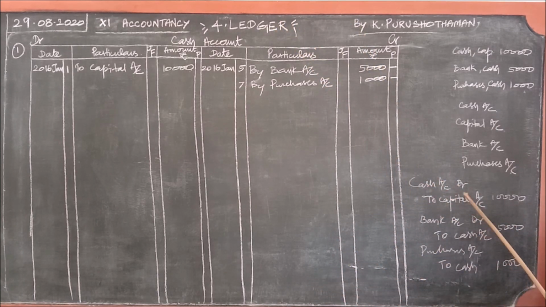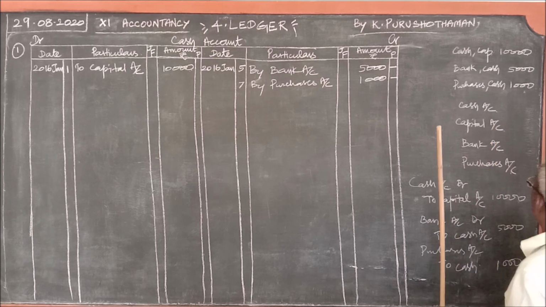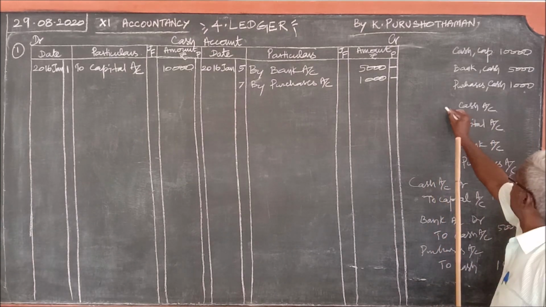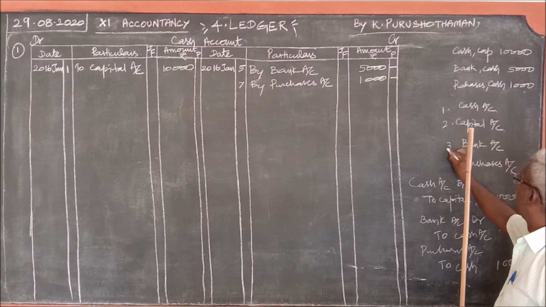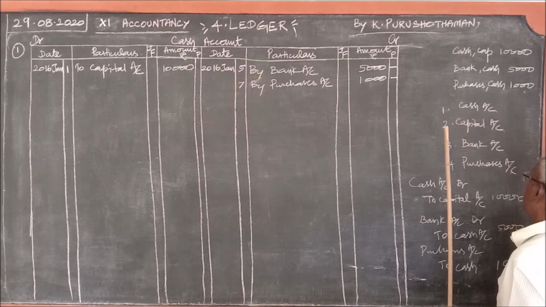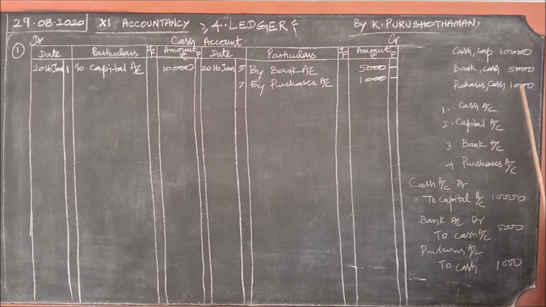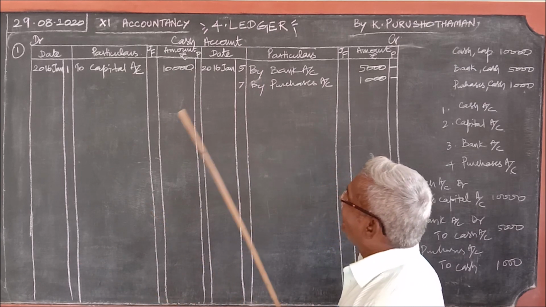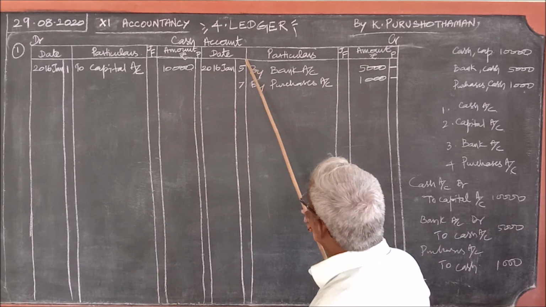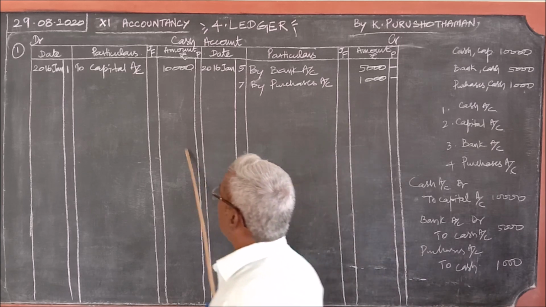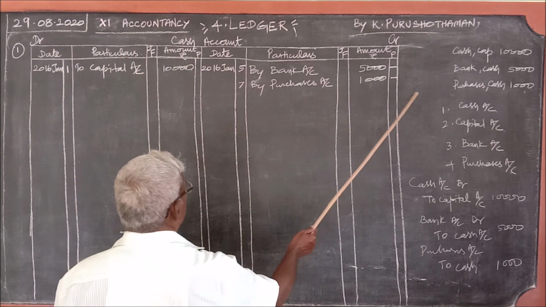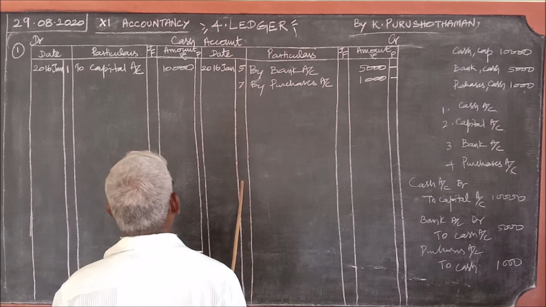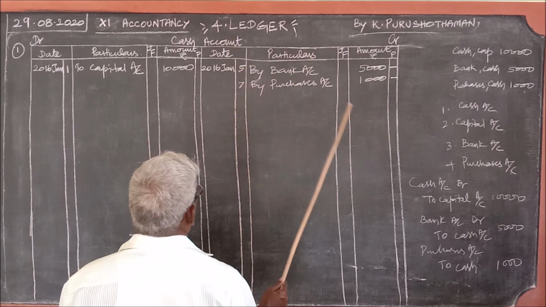Okay, so out of these 3 journal entries, we are supposed to prepare 4 ledgers. How many ledgers we are supposed to prepare? 4 ledgers. That is 1, this is 2, 3, 4. 4 ledgers we must prepare. First ledger is cash account. So I have given the heading cash account. And what are the headings we should write? There are 2 sides for a ledger. One on the debit side, other one on the credit side. That is first of left hand side debit, right hand side credit.